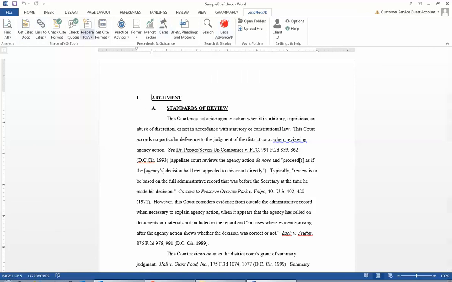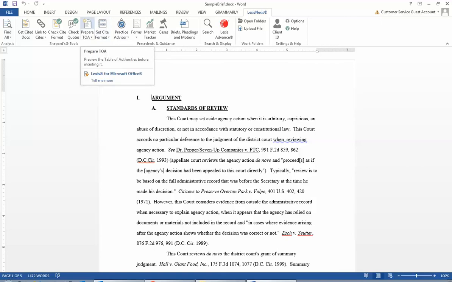So if you wanted to, you could jump out to any of these different Lexis Practice Advisor. You could provide links to the citations in your document. You could get physical copies of all of the documents that you cited in here. So feel free to play around with this, but for now I'm just going to be focusing on this prepare